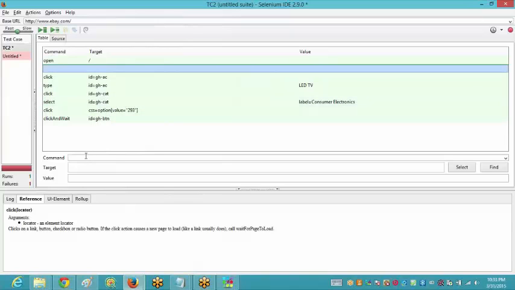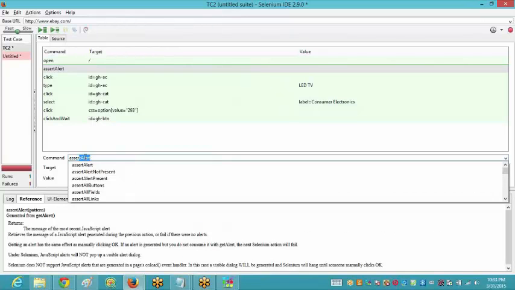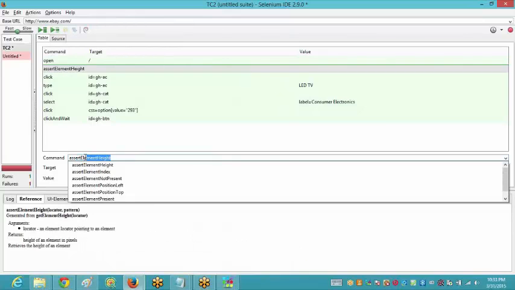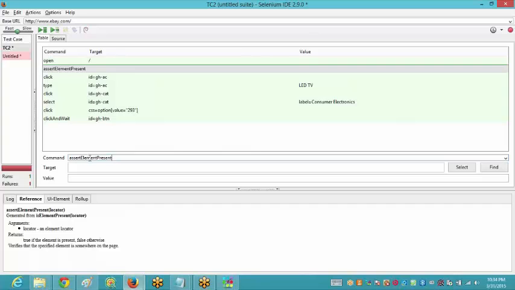Now you can add the command, the target, and also the value if you have to enter. Now I need to do the assertion, so the command I would be using would be assert element present. Now what would be the target?